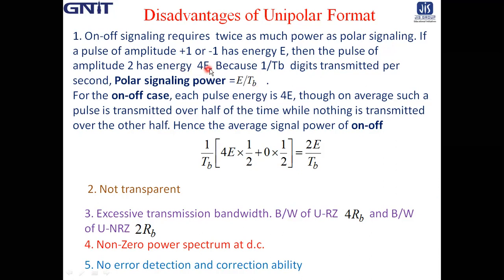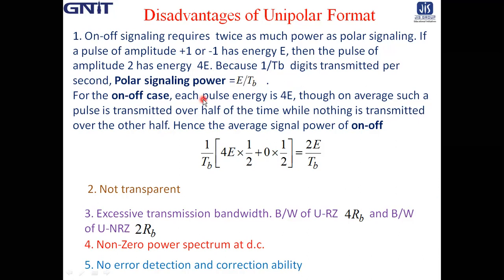If a pulse of amplitude +1 or -1 has energy E, then the pulse of amplitude 2 has energy 2 squared into E, that is 4E, because amplitude is squared. Now because 1/TB digits are transmitted per second, the polar signal power is E/TB. Now for the on-off case,